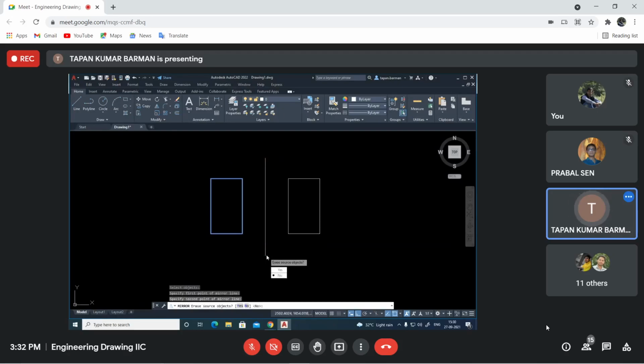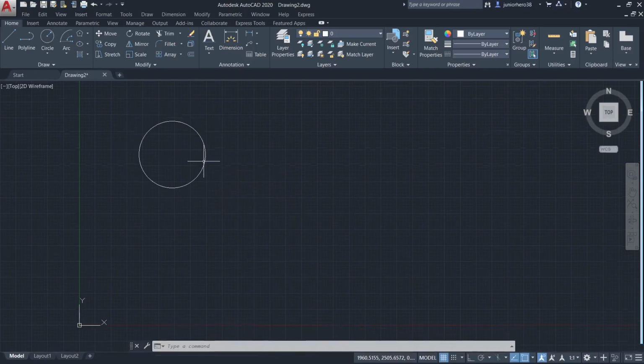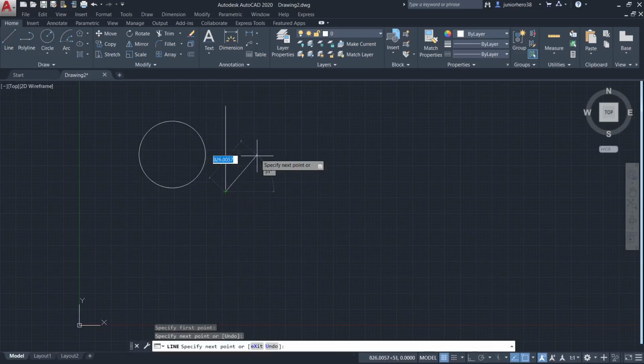You also do this thing. In my case, I cannot, yes. Erase source object, yes. Okay, erase source object, yes. Then you see the first object, the source object, is deleted. Only the mirrored object is there. Can you do this?